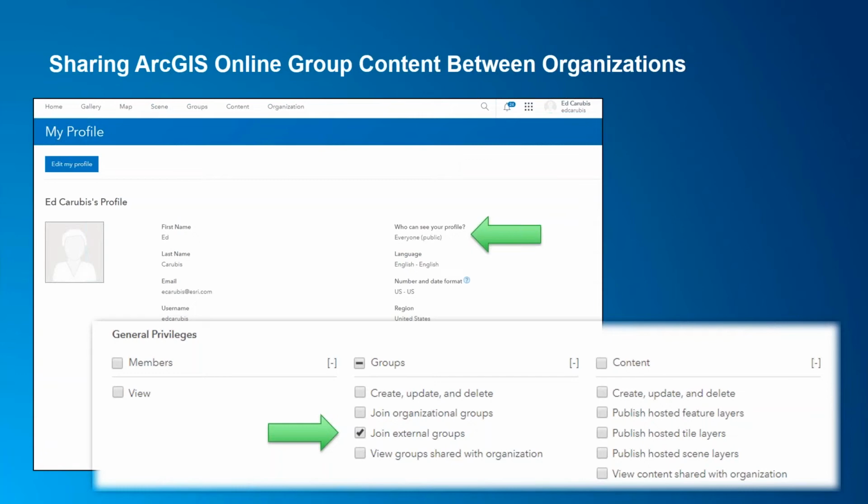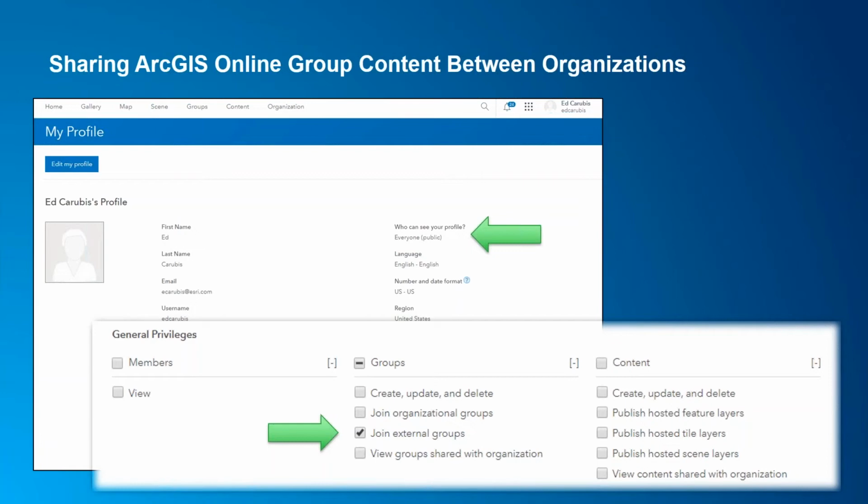But you're able to invite more than one organization too. So you can set up a group in your ArcGIS Online organization and invite members into that group. Two things are important, though. One is that the individual you're inviting into an ArcGIS Online group, their profile has to be set to everyone, public. In other words, my ID needs to be discoverable in ArcGIS Online.